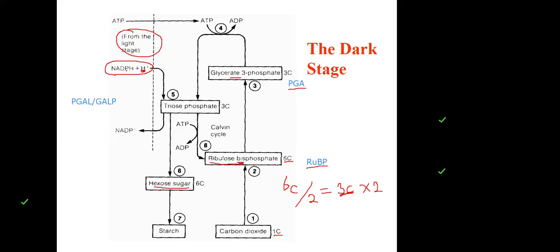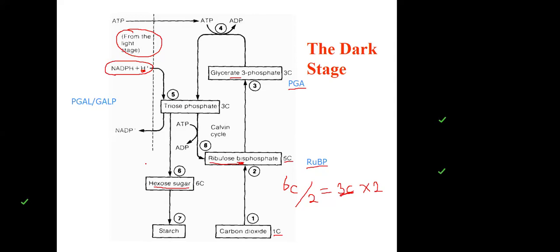So the reduced NADP is going to give up its hydrogen, while this one gives up its phosphate, and together they are going to form a phosphoglyceraldehyde, okay? Or glyceraldehyde 3-phosphate. So this